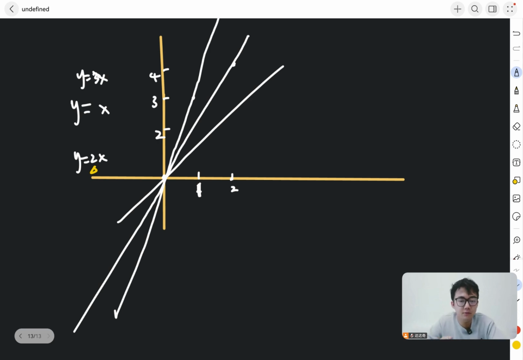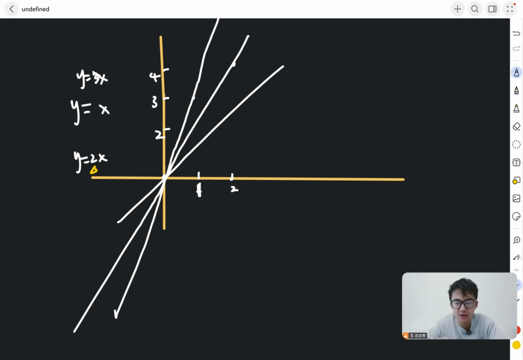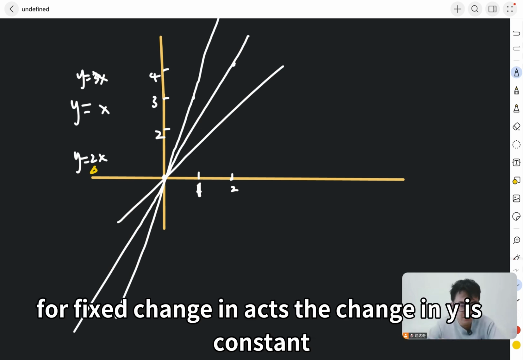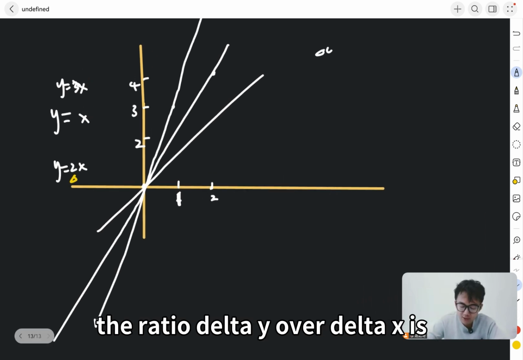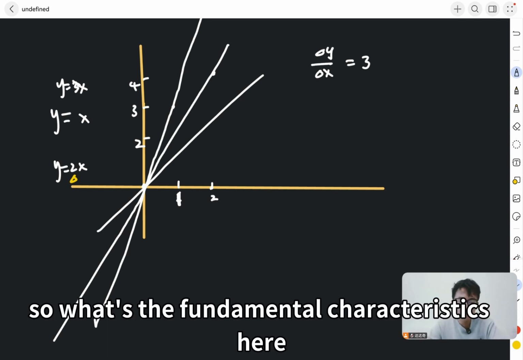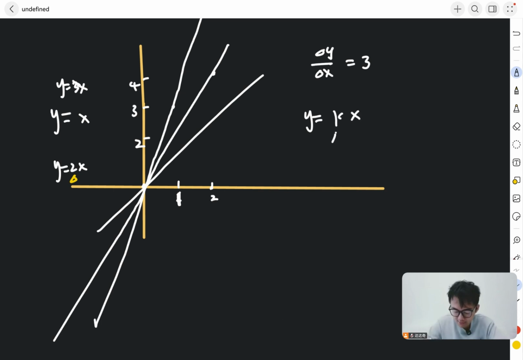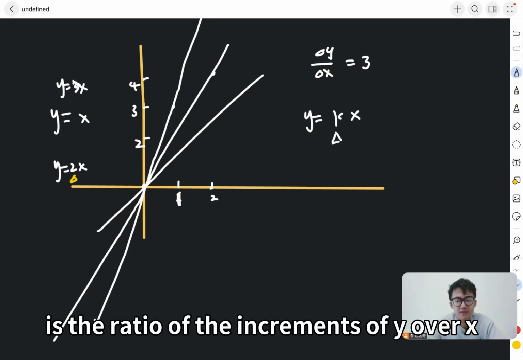Plotting those points, I see it also forms a straight line, and it shares the same property. For a fixed change in x, the change in y is constant. The ratio delta y over delta x is 3, and this line is obviously steeper. So what's the fundamental characteristic here? The difference lies in the line y equals kx, and k is the ratio of the increments of y